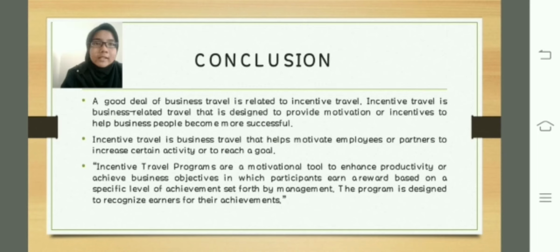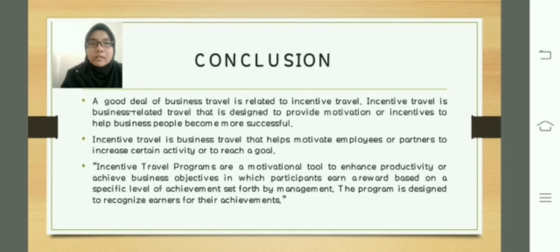Incentive travel is business travel that helps motivate employees or partners to increase certain activity or to reach a goal. According to the Incentive Research Foundation, incentive travel programs are a motivational tool to enhance productivity or achieve business objectives